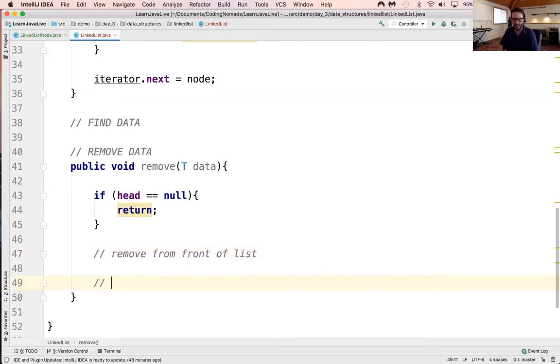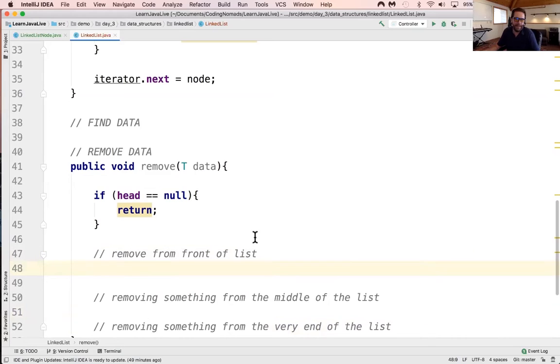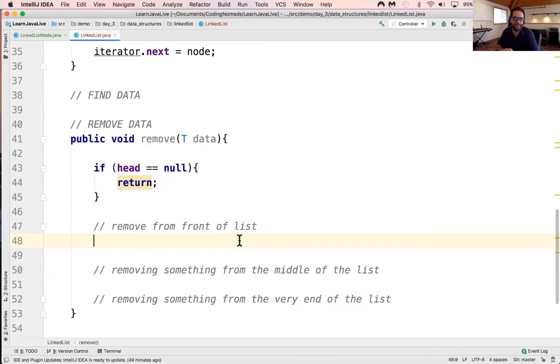The second case is that we're removing something from the middle of the list, which is the most interesting one. And then the third case is we're removing something from the very end of the list. And each of these has slightly different code that we've got to write. So the first way to check it is that we just have to say, is the data at head equal to the data that somebody just passed in? So here I'm just going to say if head dot